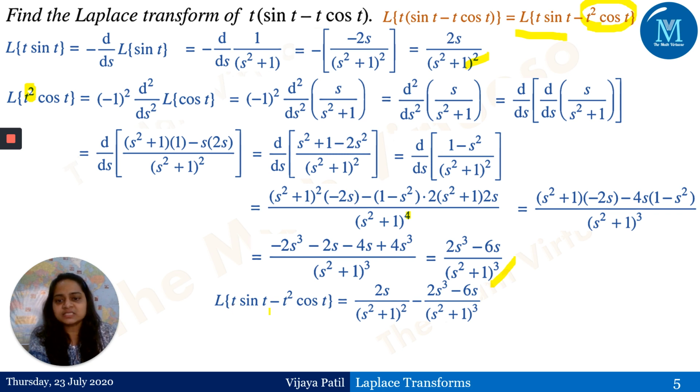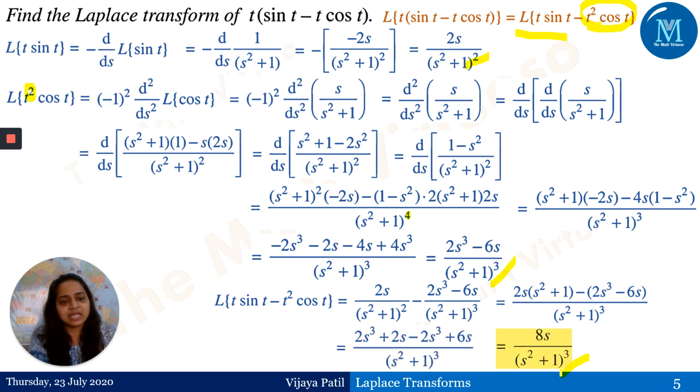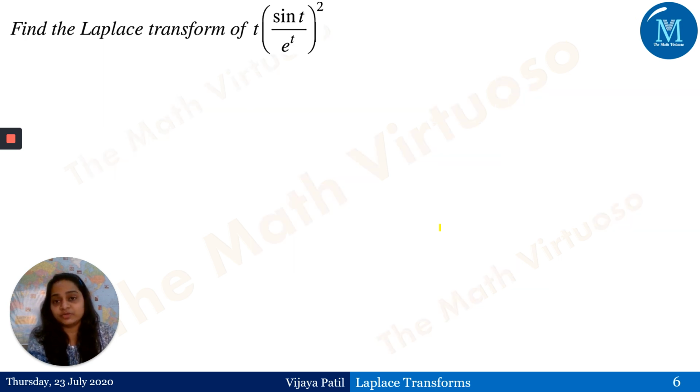So therefore, the Laplace transform of the given function, that is t sine t minus t square cos of t, is equal to the subtraction of these two, and therefore after simplification of these two functions, we'll be getting s upon s square plus 1 the whole cube as the final answer. So it's very important for you to understand that you have to take a little trouble of doing this, because now it might be looking very simple, but until and unless you do it on your own, with pen and paper, it is very difficult to get that confidence.